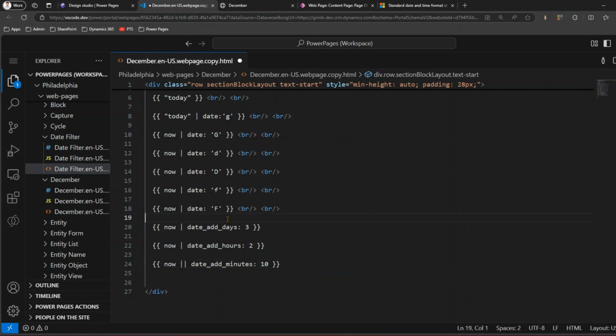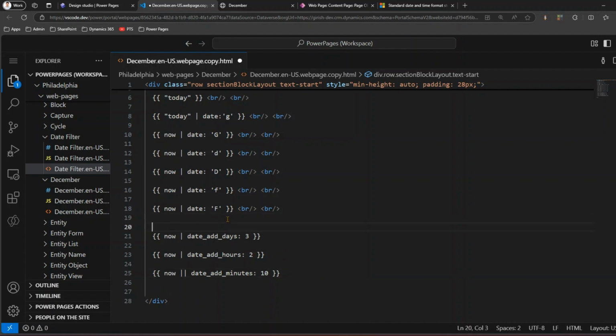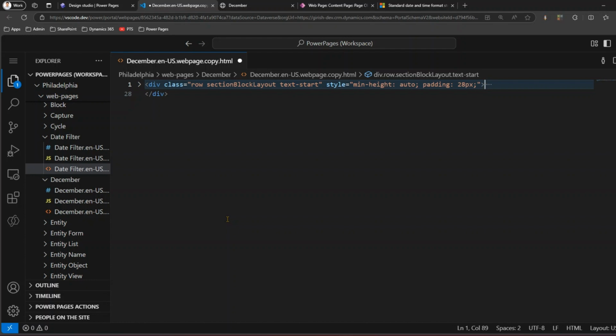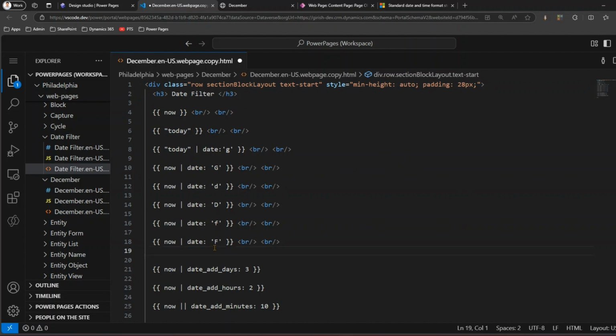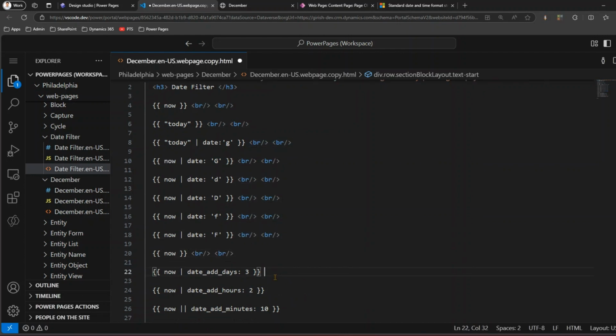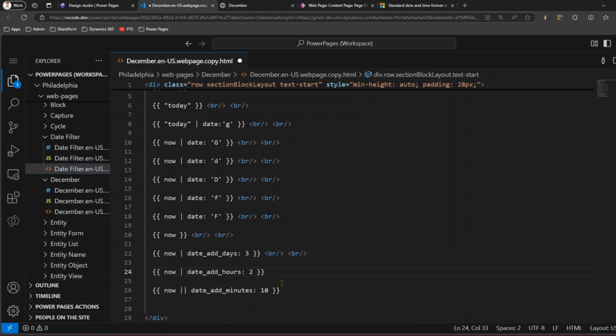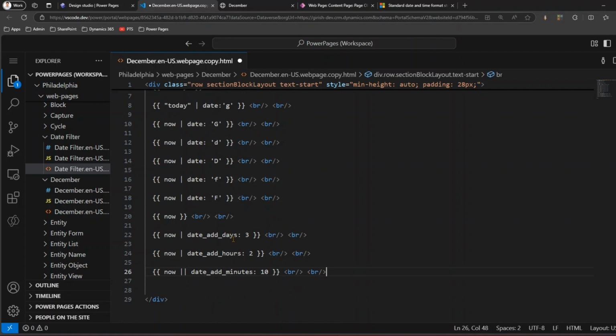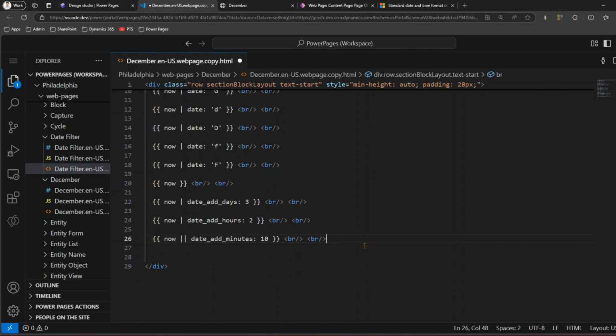And let me show you now as well over here so that you don't get confused. So let me add now, and let me add this br everywhere so that we segregate this output. So now shown over here, we are adding days, we are adding hours, we are adding minutes, and we